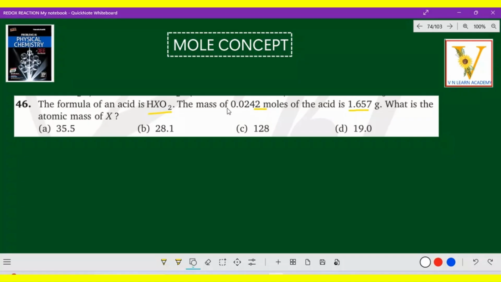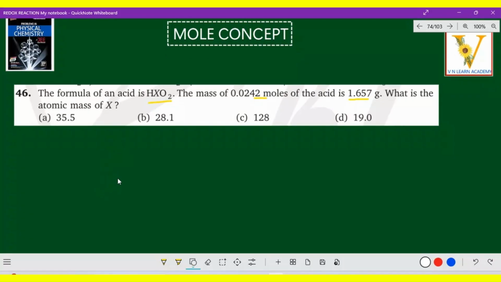The mass of 0.0242 moles of that acid is 1.657 grams. That means we have to find the atomic mass of X. So we have to find the X. For that we'll write the data so that it will be easy for us to identify the answer. So one by one, let us write it. Mass of an acid, what is it? Here 1.657